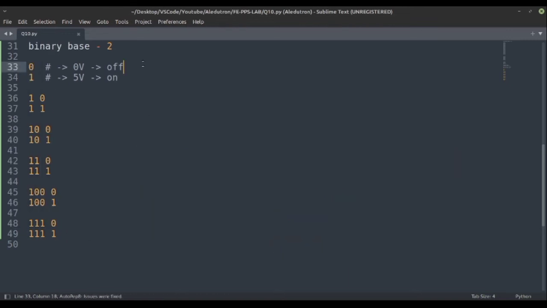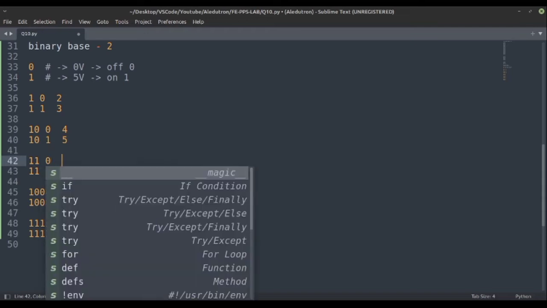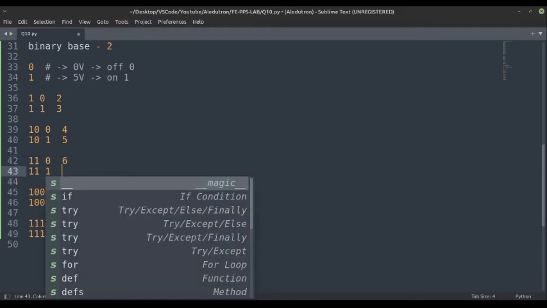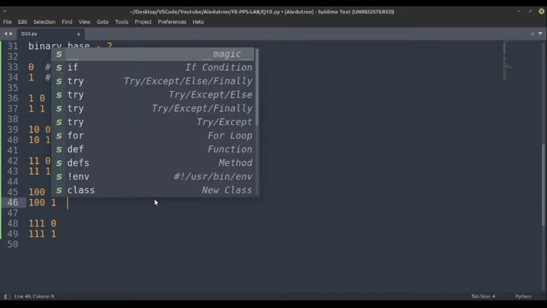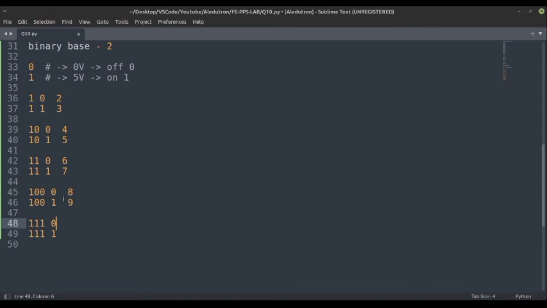So basically this is 0 in decimal, this is 1 in decimal, this is 2 in decimal, this is 3 in decimal, this is 4 in decimal, this is 5 in decimal. Similarly, this is 6 in decimal, this is 7 in decimal, this is 8, this is 9, and then